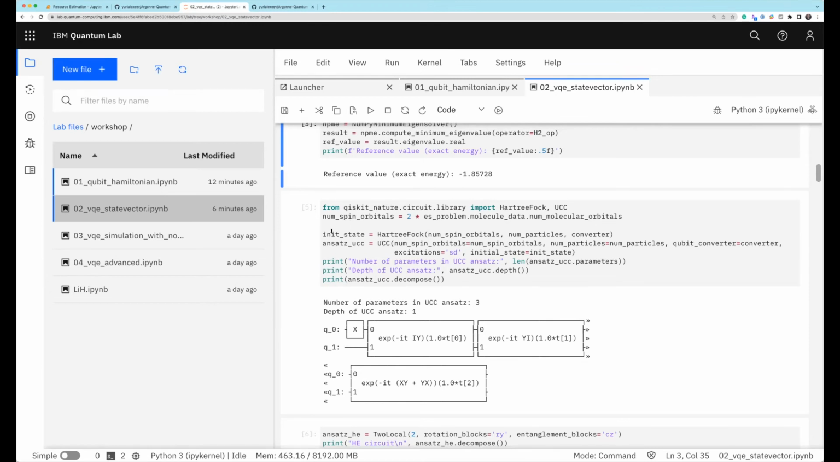And here we need to provide the initial state, which is basically the Hartree-Fock for a certain number of spin orbitals and number of particles, and then we use this UCC class here, where we provide the number of spin orbitals, number of particles, the converter, which is our Jordan-Wigner mapping, and the level of excitations,